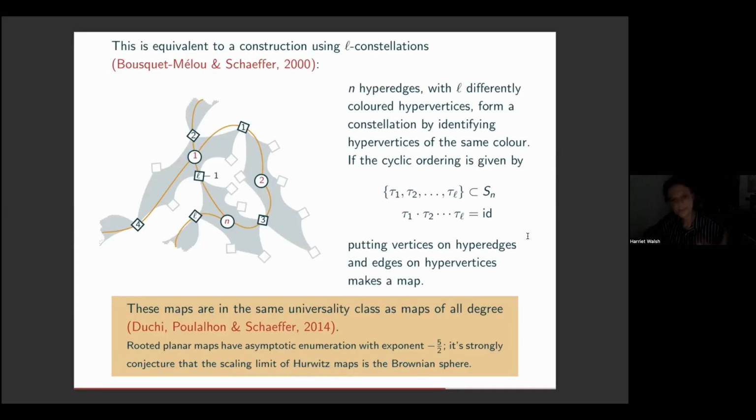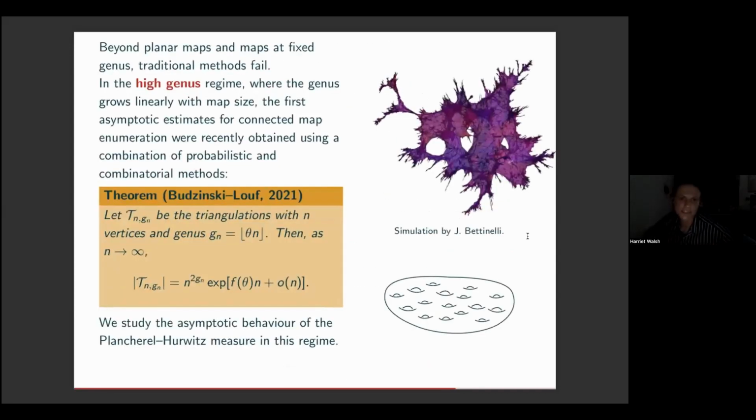But why we were interested in this in the context of partitions is that our model of partitions has a way of quite easily treating a genus that grows along with the size of the map. So the high genus case for maps is particularly hard to treat. Only one serious advance has been made recently by Thomas Budzinski and Baptiste Louf, where they treated high genus triangulations, and from